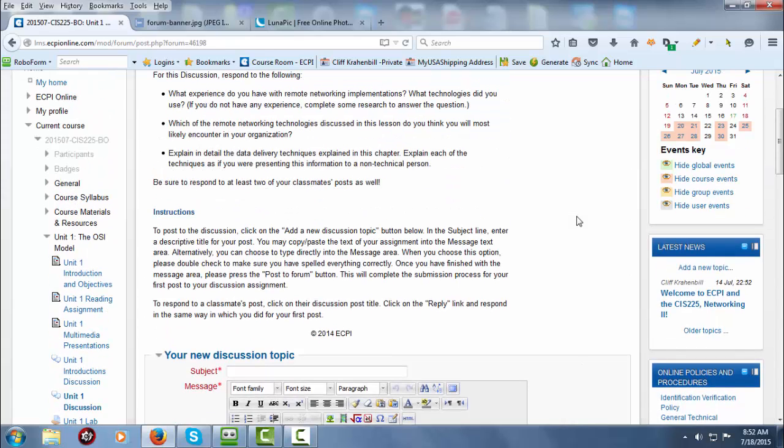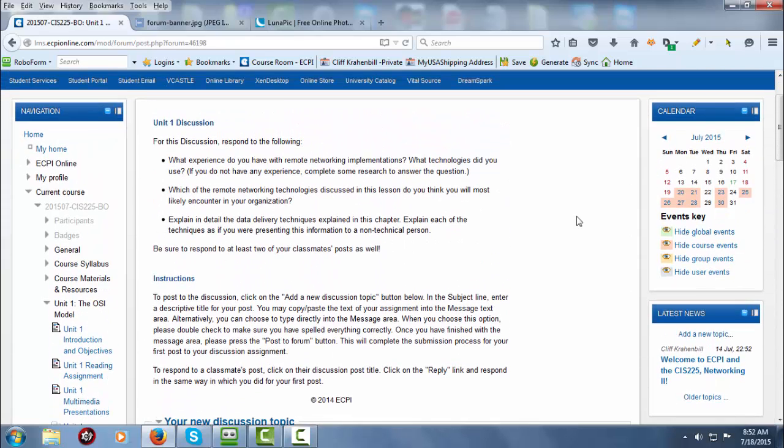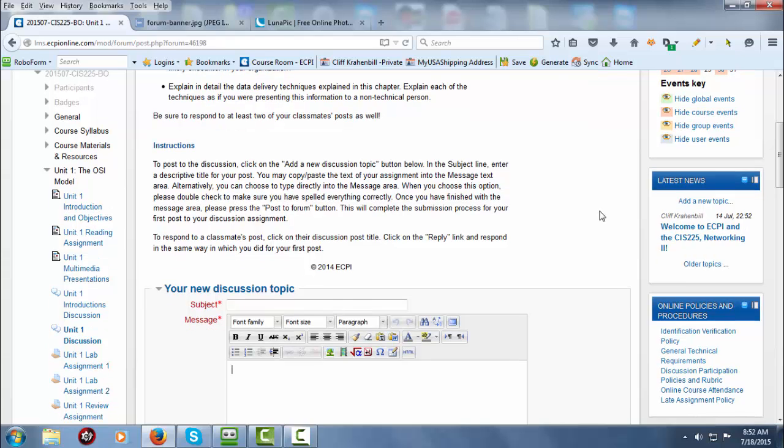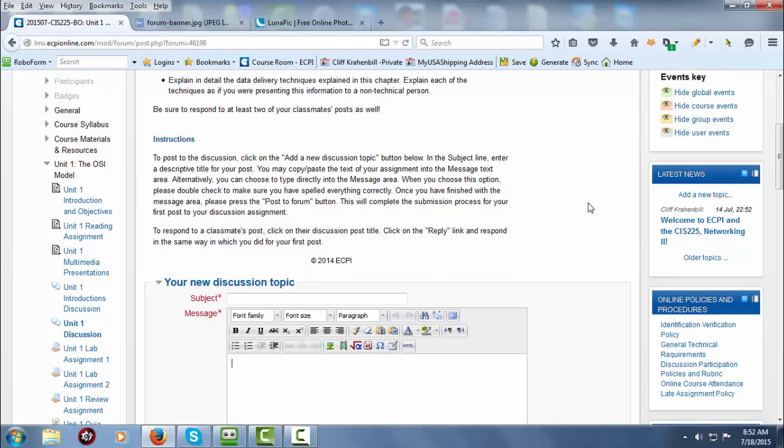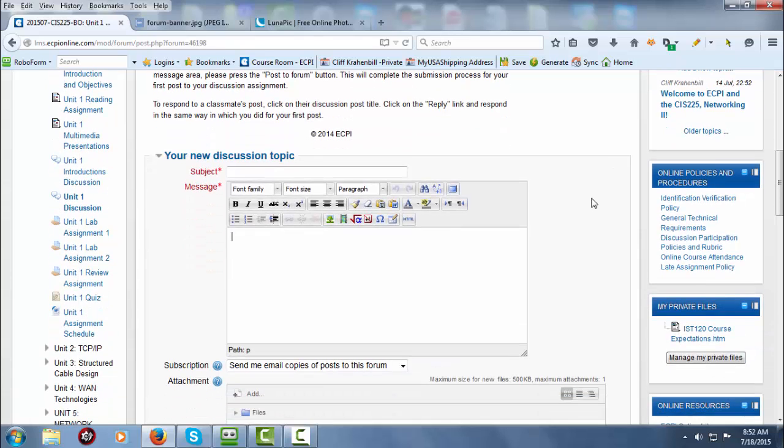But either way, I can always go and I can find an image that will help to make my initial posting much more attractive, much more visually appealing, and much more easy to read. So let's get started with that. Alright, so I've typed in some text here. This is just an example. Alright, now I would like to add something to draw the attention of the viewer so that they'll stop and